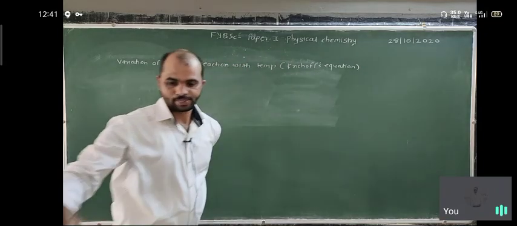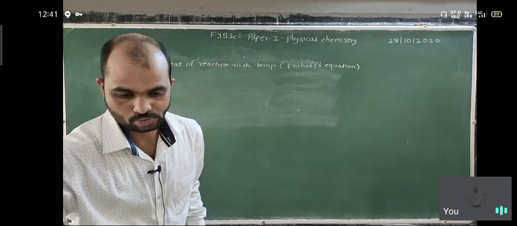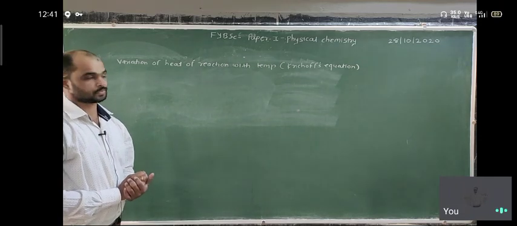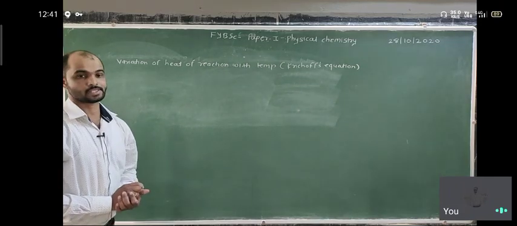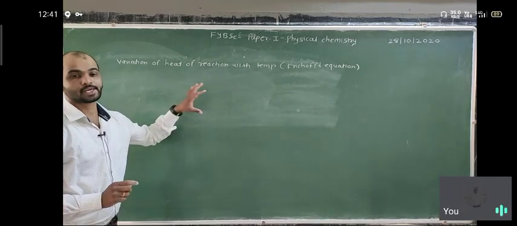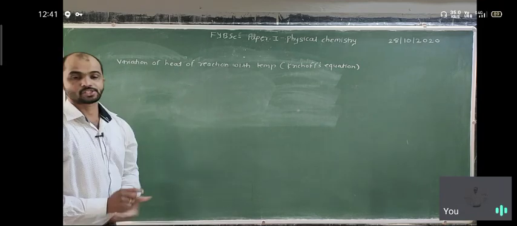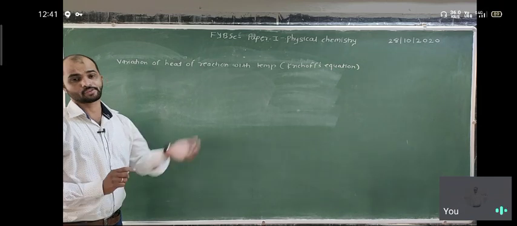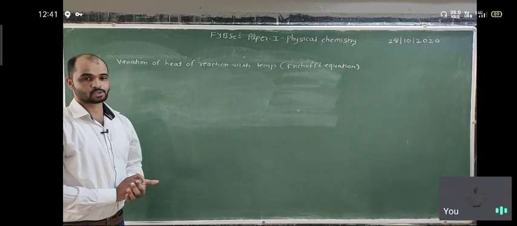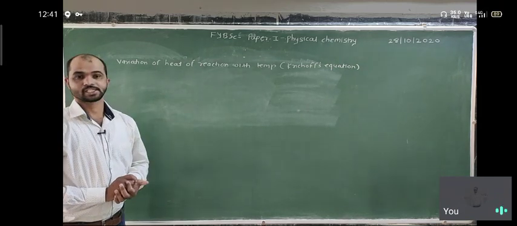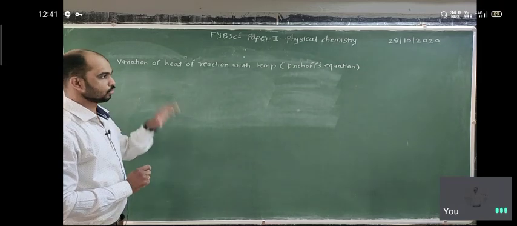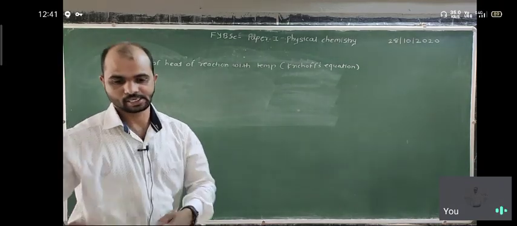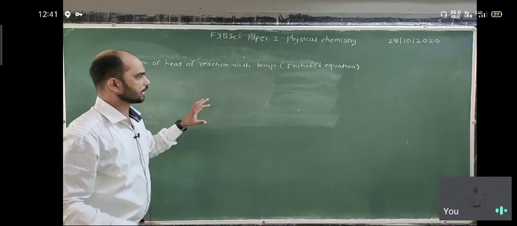Okay, so according to this, I already provided you the notes. When heat is evolved or heat is absorbed, it depends on the temperature at which the reaction is carried out. So how much heat is evolved or absorbed will depend on at which temperature the reaction is carried out. This was introduced by Kirchhoff, and he stated